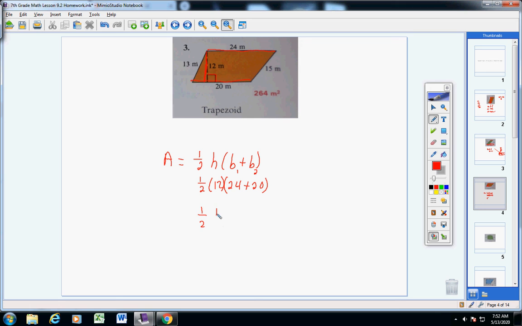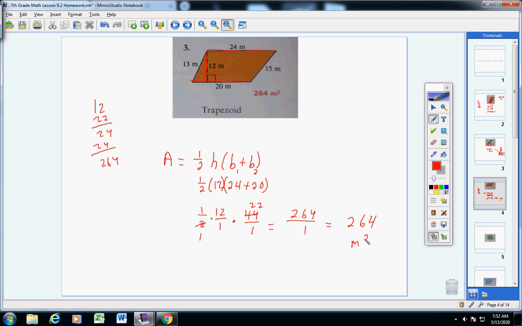1/2 times 12 over 1, right? Times what? 44 over 1, right? 24 plus 20. There we go. Now, I'm going to cancel my 2 into my bigger number, like that. Now I have 1 times 12 is 12 times 22 would be, let's see, 24, 24, 264. So I get 264. 1 times 1 times 1 is 1. So my answer is